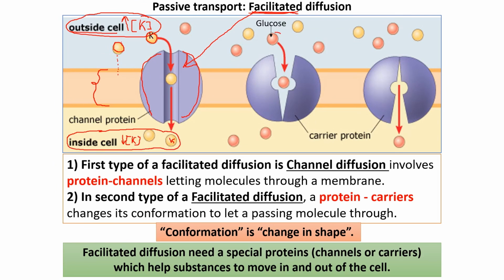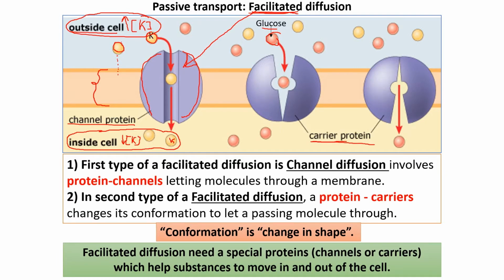Glucose molecules, shown here in red, are the same. They also use a transmembrane protein, and in this case, it will be carrier proteins. So facilitated diffusion is achieved through two types of transmembrane proteins: channel proteins, like for potassium, and carrier proteins,